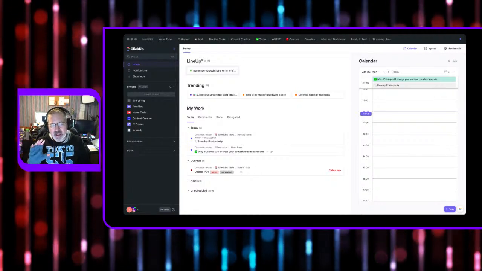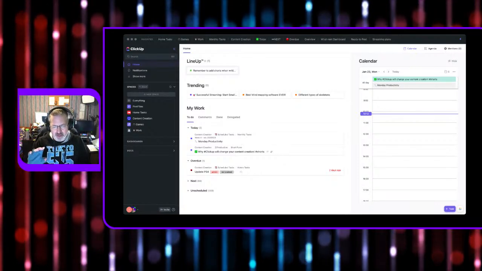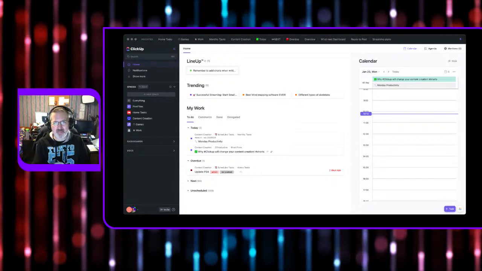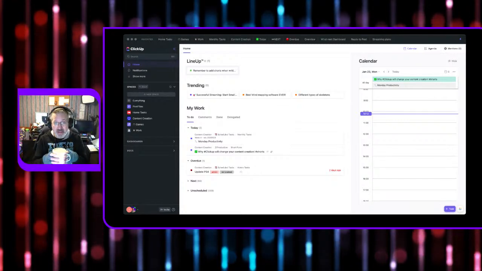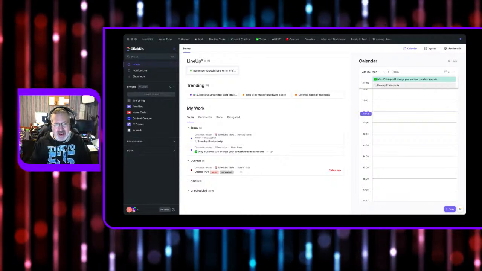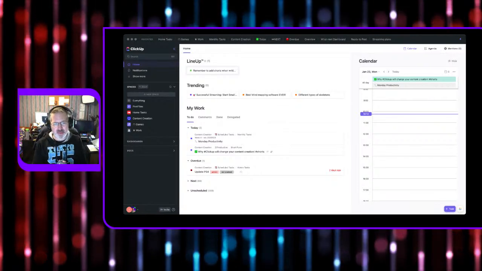And so I actually run all my content creation through this. I'll need to remember to look at the right camera through this piece of software. So everything I do, anything I create is coming through ClickUp.